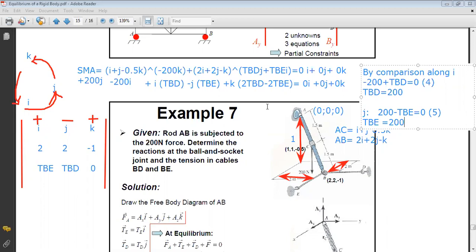Finally, if I compare along K, I get 2 TBE minus 2 TBD equals 0. So from this relation, I get that TBD equals TBE. But I already know this from the previous calculation. Why do I have a repetition of the result? Because as I told you, in this problem you have only 5 unknowns, but you have